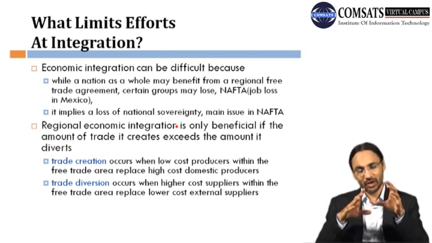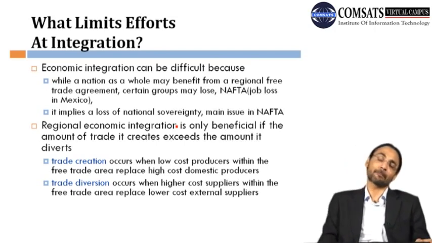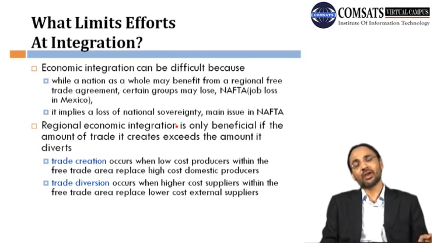Okay, the next point is trade diversion. Trade diversion occurs when higher-cost suppliers within the free trade area replace low-cost external supply. For instance, because of NAFTA, the US is bound to do trade, and they are bound to buy a certain level of products from Mexico. Imagine a scenario where, because of this agreement, the US is forced to import textile stuff from Mexico. But what if